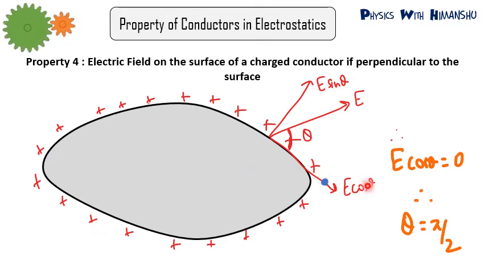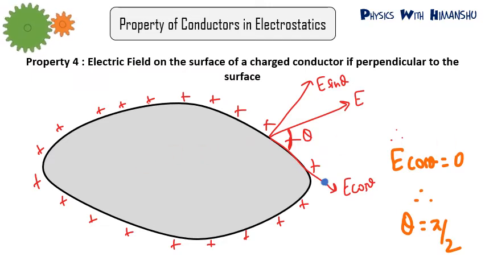Giving you a brief synopsis: at every point inside, the electric field is 0. If you give any charge to the conductor, it will move to the surface. The electric field at all the points of a charged conductor will be perpendicular to the surface. So all these properties you have to remember, and the most important property is that the potential at all the points inside the conductor will be the same. At all the points the value of potential will be constant. So you have to remember all these properties.